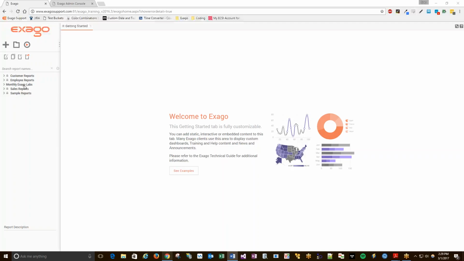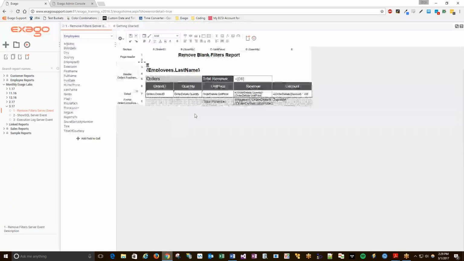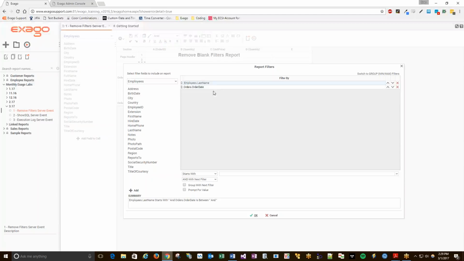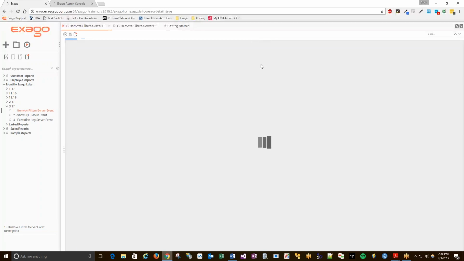So what I'm going to be doing with this server event, actually, let's go ahead and just show you what the server event will do. The server event that I've created, which we'll walk through line by line in a moment, is for when you pass null values for a filter. If I open up my filter windows here, generally what happens without this server event is that when you execute the report, I have a null value set for my employee last name, and a null value set for my isBetween on the order date. If I were to execute this,